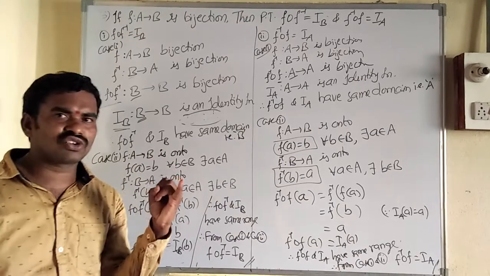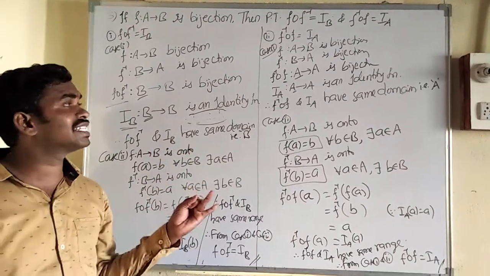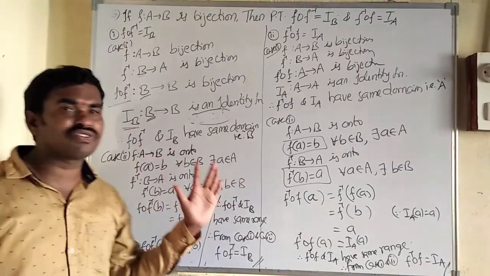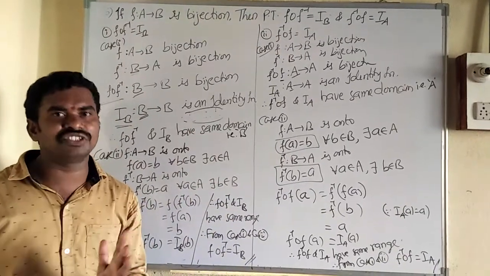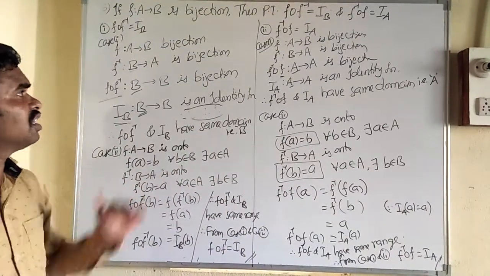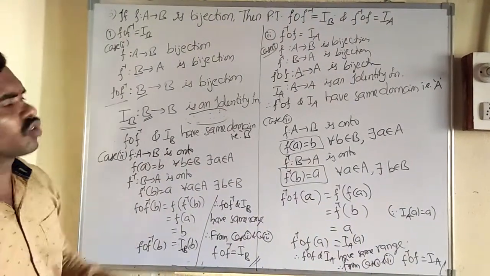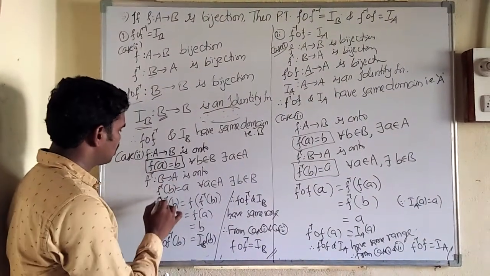First prepare the first question. After getting the first, then go to the second. After getting the second, then go to the third. After getting the third, go to the fourth. This is the best way to prepare. If you prepare all at once, you will get confused. To avoid that confusion, follow what I am saying. So let us take the next, fourth question. You can highlight the definitions here.